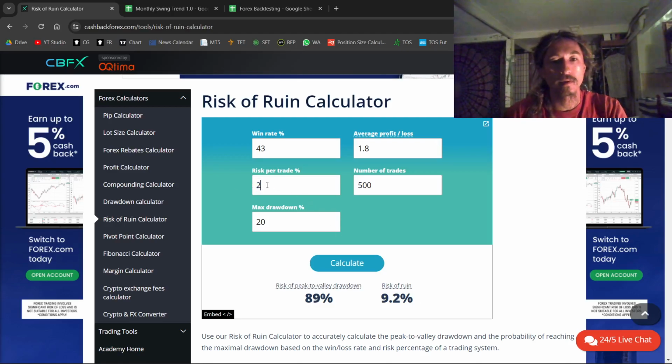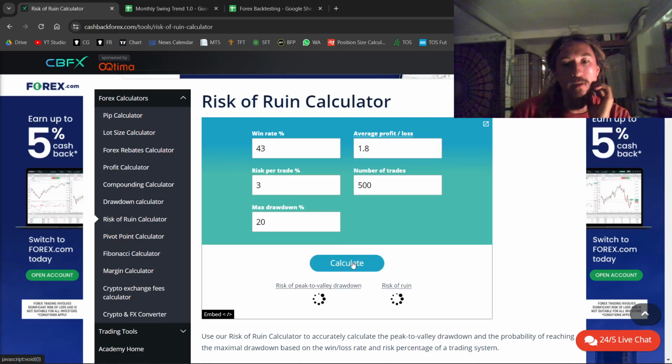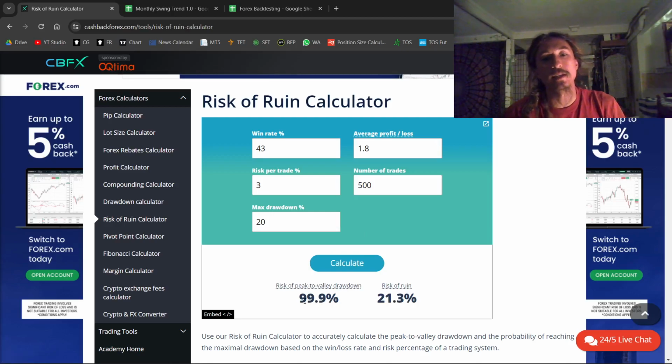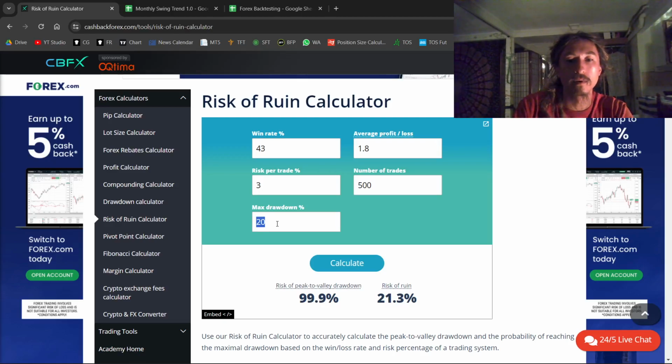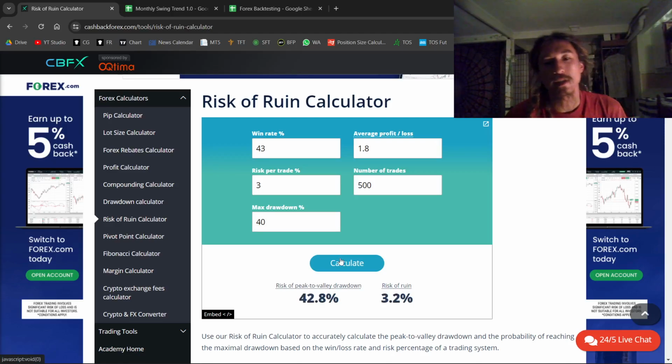So let's even see what happens if we put it at 3%. Risk 3%. If I risk 3%, I'm basically 100% to have a 20% drawdown, which I'm okay with, but a 21% chance to have a 20% drawdown before I'm profitable. But let's say that I'm more aggressive and that I'm okay with a 40% drawdown. Because here's the thing, with the 40% drawdown, you don't lose the game. It sucks, but you don't lose, right? It's not dead till you're dead.